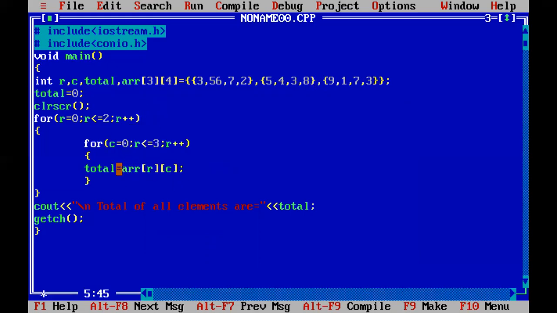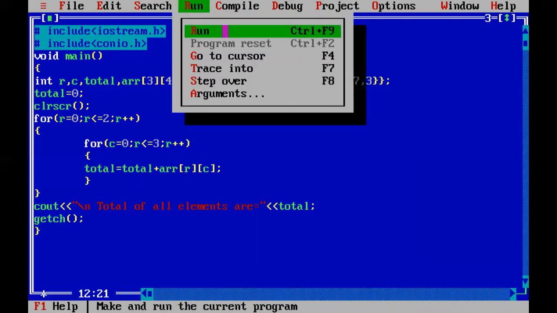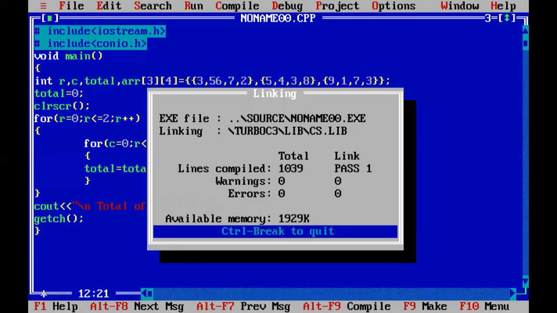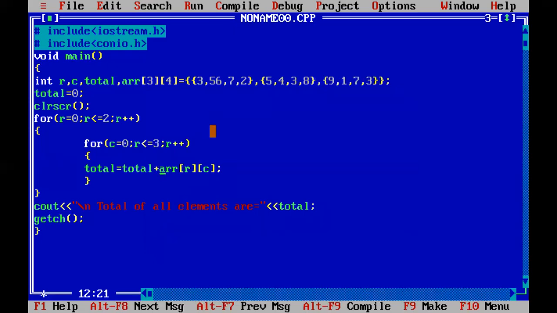Total having the value total is equal to total plus arr of r comma c.